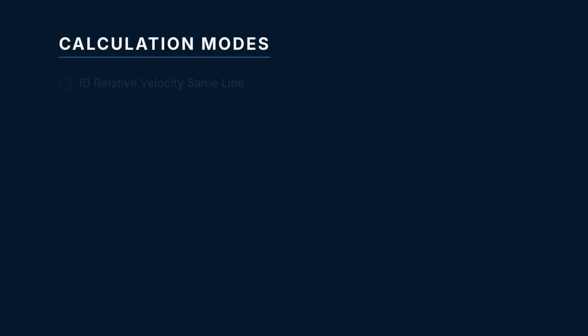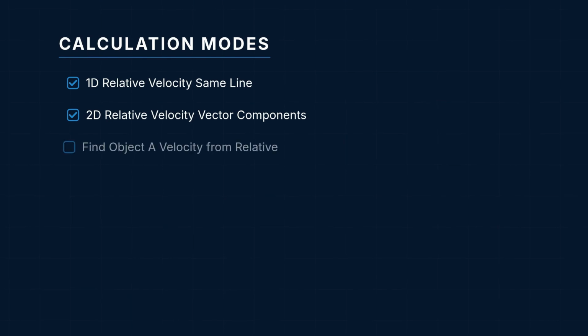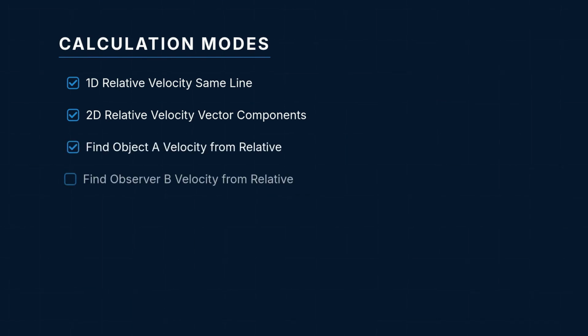The relative velocity interactive calculator determines how fast one object appears to be moving from the perspective of another moving observer. This calculator has 6 calculation modes in a drop-down menu: 1D relative velocity (same line), 2D relative velocity vector components,